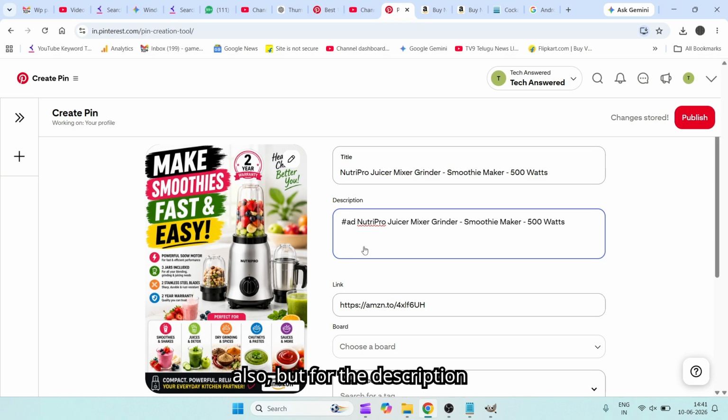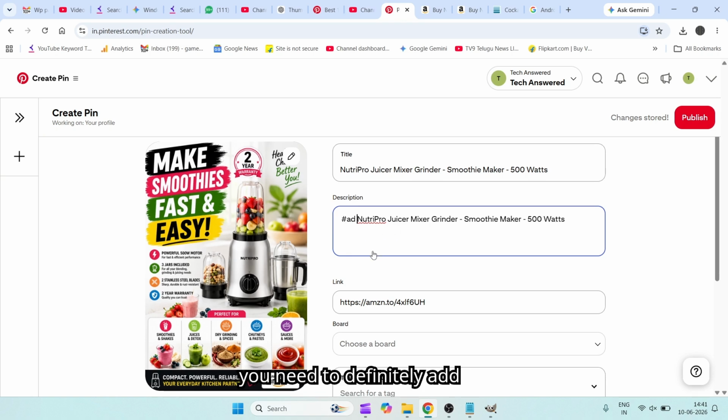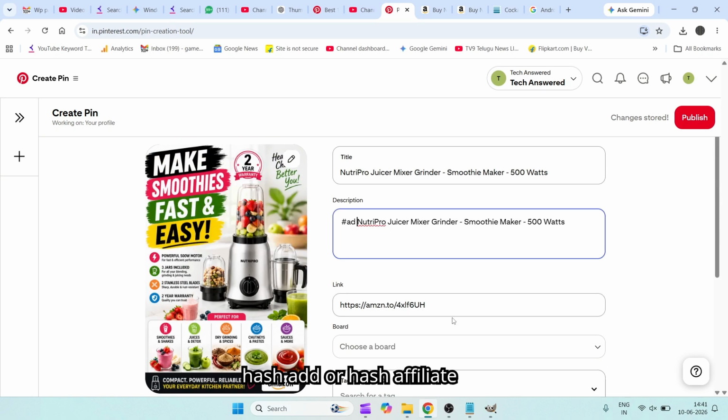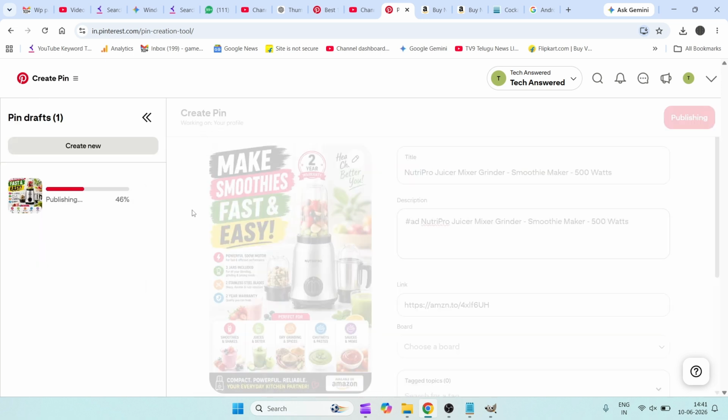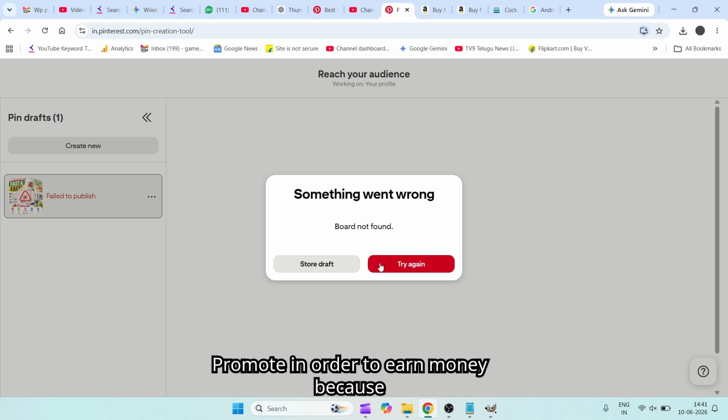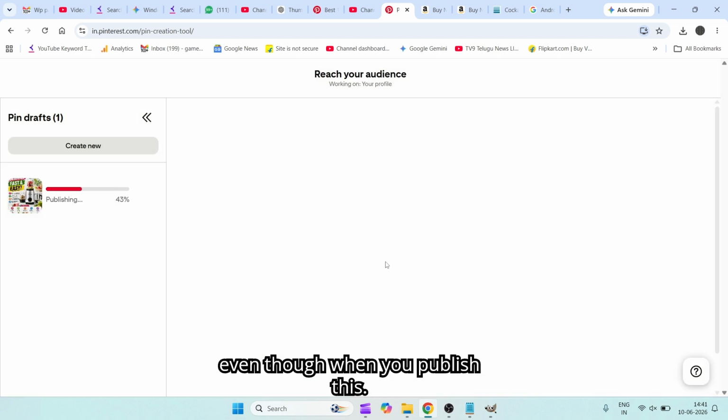description also, but for the description you need to definitely add hashtag ad or hashtag affiliate, because these are the terms and conditions. And there are some ads or products which you cannot promote on Pinterest, so you need to read the terms and conditions. Okay, so only some products you can promote in order to earn money, because even though when you publish this,